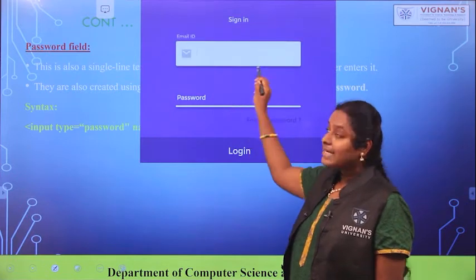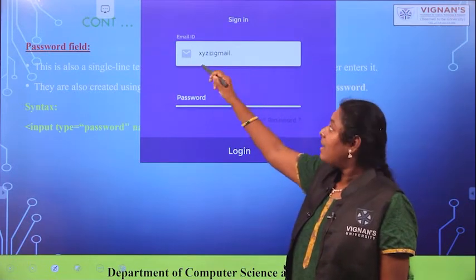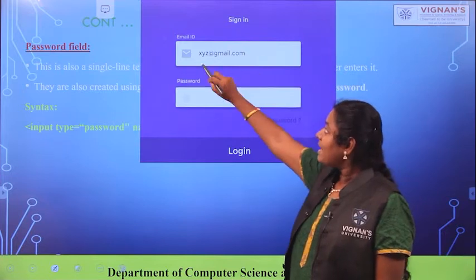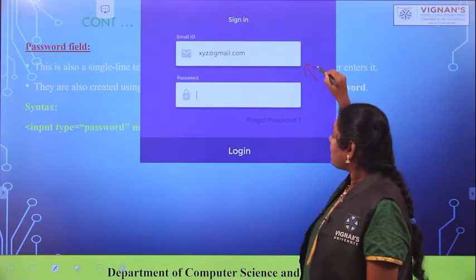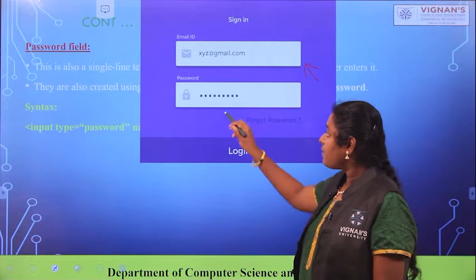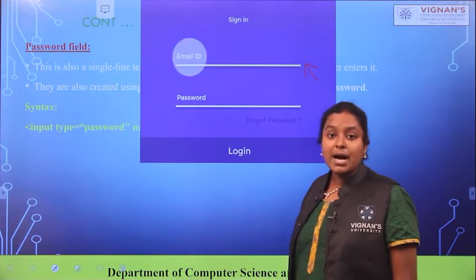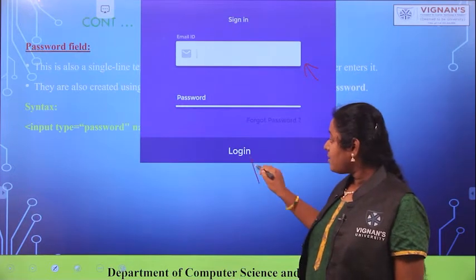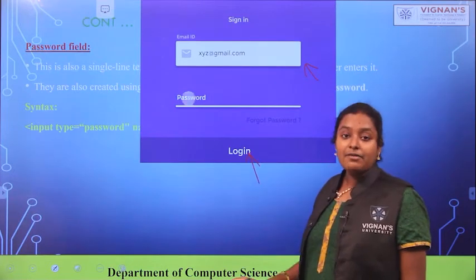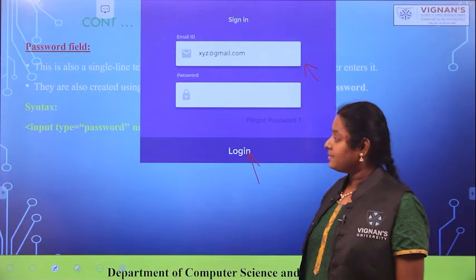The text field takes any number of characters, but only a single line of input. In the password field the characters are masked automatically, and after clicking the button the data will be sent to the backend.